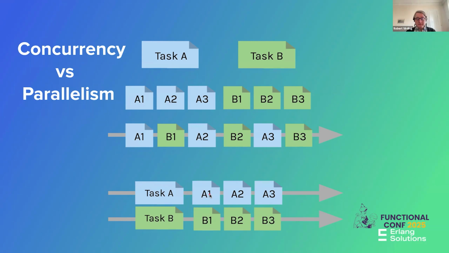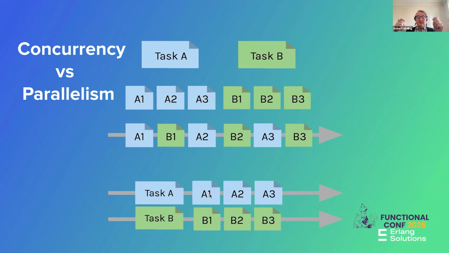A typical way of talking about this is the kitchen in a restaurant. You can have one cook in there, and that cook can be doing lots of different things at the same time, working a bit on one course, then on another, making one dish, and he or she is doing that concurrently. Or you can have lots of cooks in there, one cook for each dish being prepared, and then you're running them in parallel. It's just a common way of showing the difference of what's going on. The result will hopefully be the same.